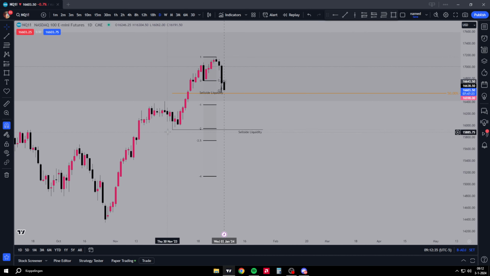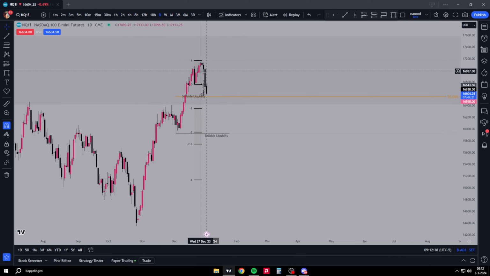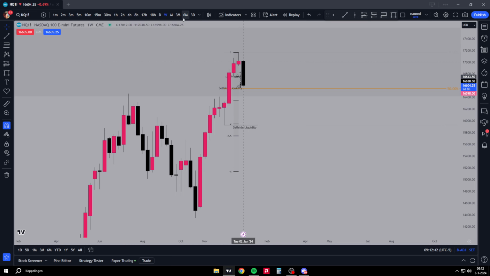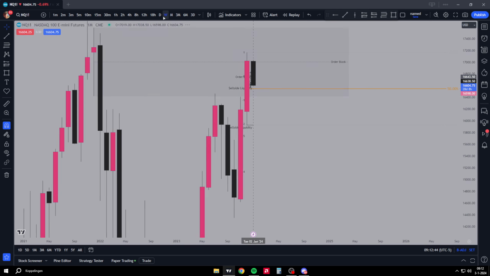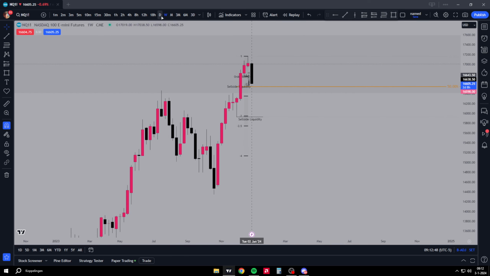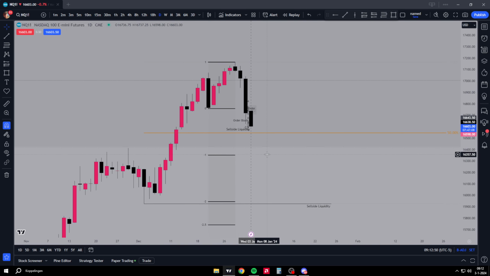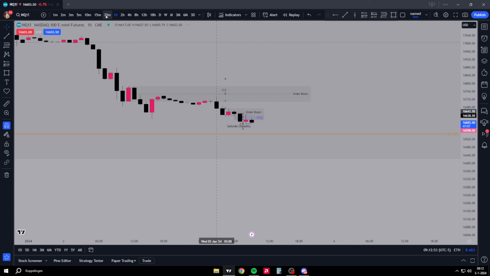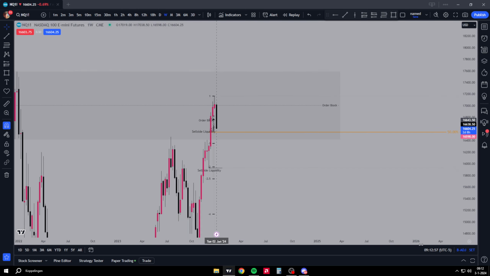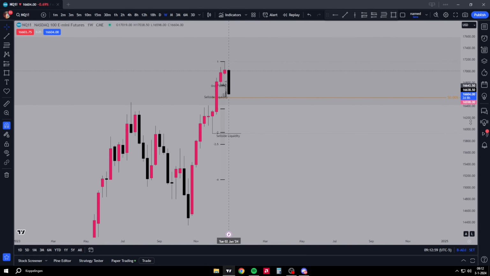I do think we're going to sweep that low because we're in a monthly order block right now. A monthly order block means we're going to tap into a monthly PD array, probably a monthly internal. But first I'm waiting for us to tap back into equilibrium of this range, which would be an easy target.